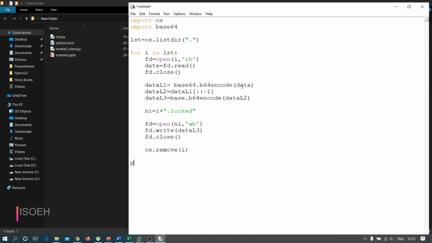After this operation I can print a simple message. This is just a design.